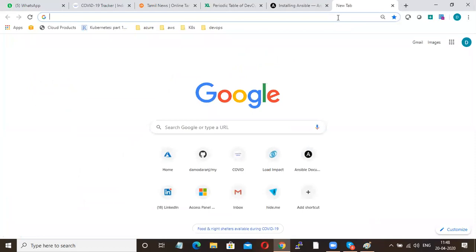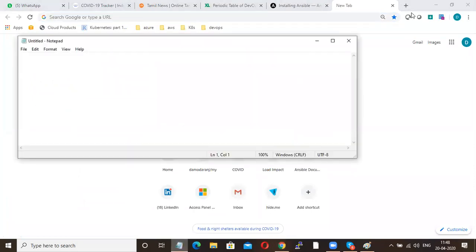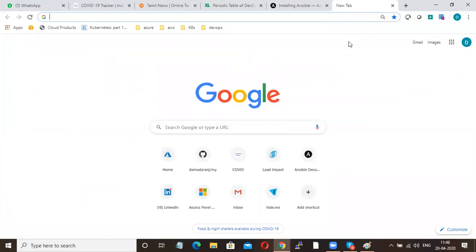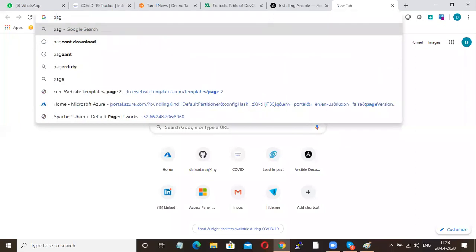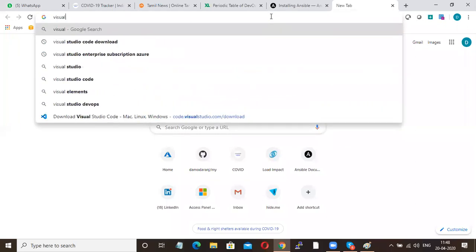Now, once after this class, you have to install some tools. Maybe you would have installed PuttyGen already. Third is Visual Studio Code.